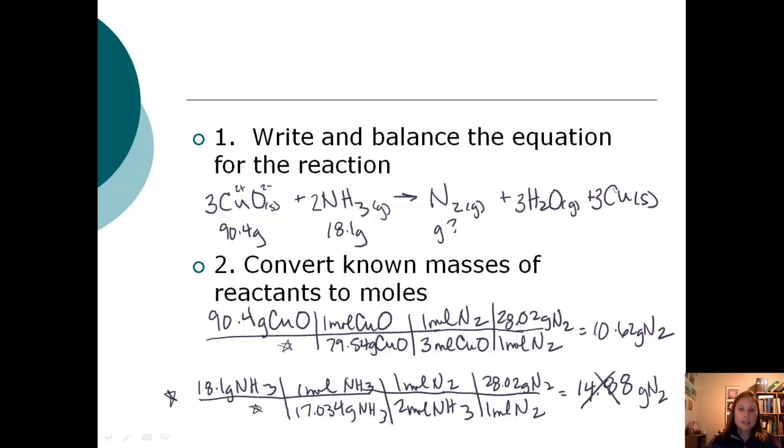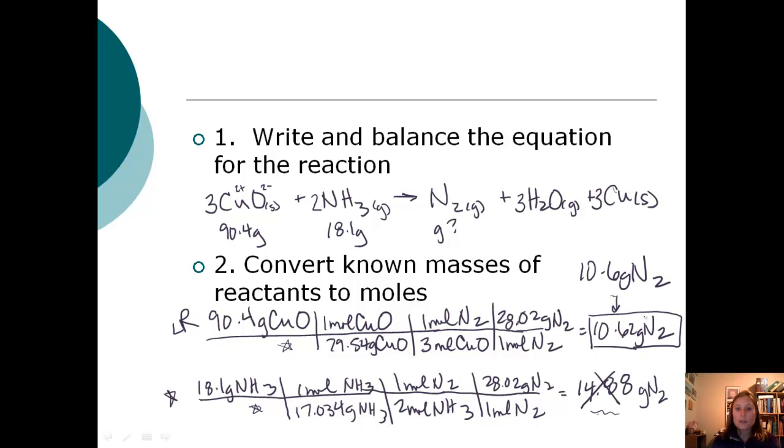Because if the copper oxide produces less nitrogen gas when it's used up and everything else is in excess, then there's no way we're ever going to get to the 14.88, because the copper oxide is going to get used up before then. And so that makes copper oxide our limiting reactant, and that makes this quantity the grams of nitrogen that will be produced. And we need significant figures, so 10.6 grams of